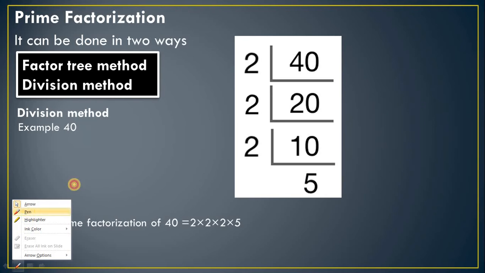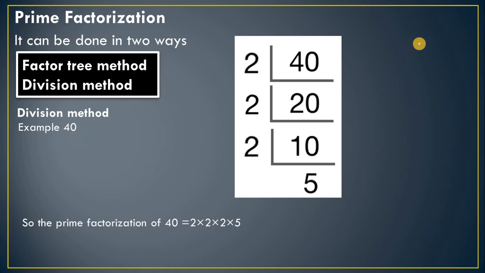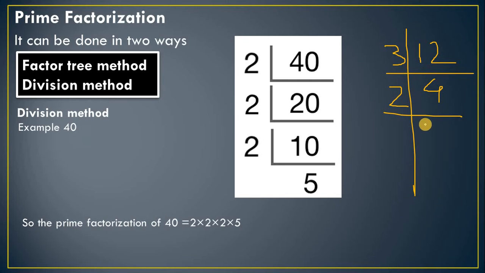We are taking one more example. Suppose I take the number 12. This number you can divide by 3, you can divide by 2. Both are prime numbers. So I am taking the bigger number. 3 fours are 12. Again you can divide by 2. 2 twos are 4. So here their prime factors are 3 into 2 into 2. You can cross check whether your answer is correct or wrong. 3 into 2 is 6. 6 into 2 is 12. It means we are getting back the same number. It means our answer is correct. So you can choose the division method for prime factorization.